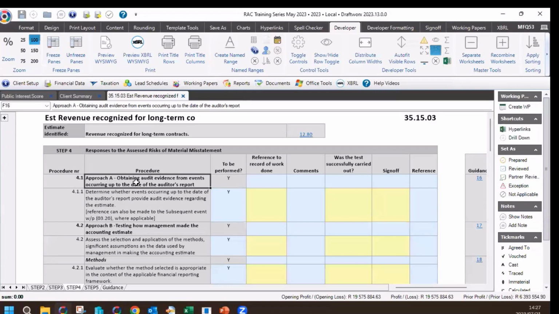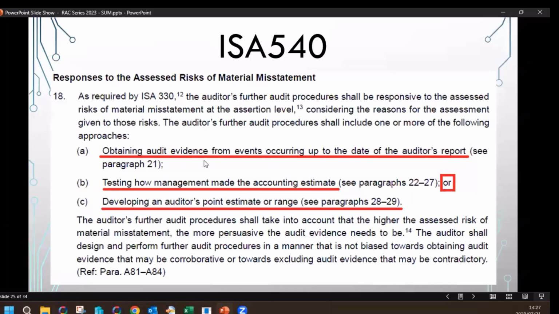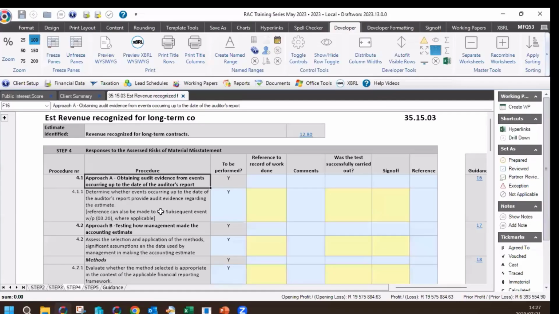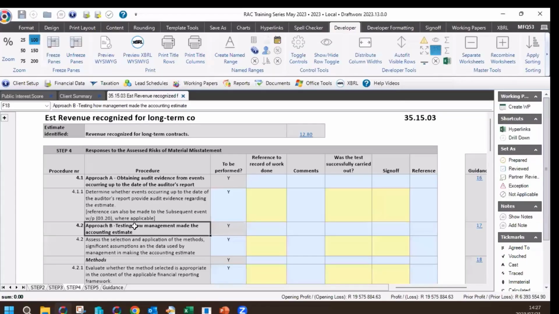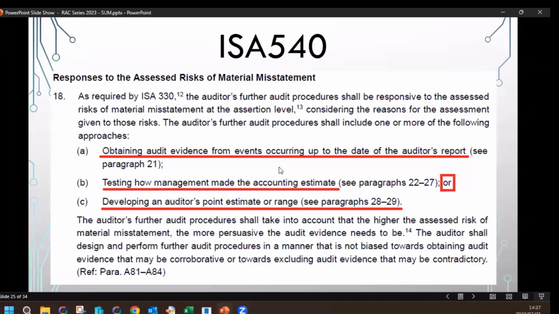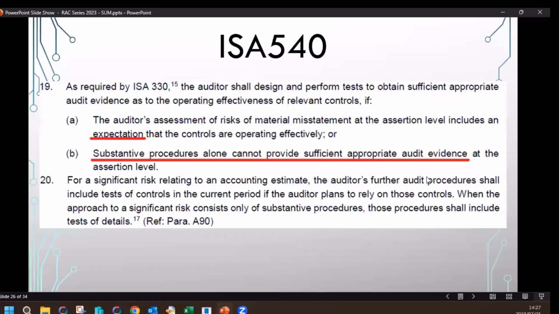Approach A, obtaining audit evidence for events occurring up to the date of the auditor's report. There's, again, folks, a direct link to what we see in the standard, to what we see in our working papers. Approach B, testing how management made the accounting estimate. And you'll see it's got additional paragraphs it refers to. So you can go and see in those paragraphs, for instance, let me go to paragraph